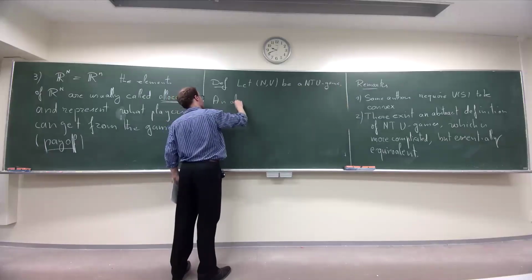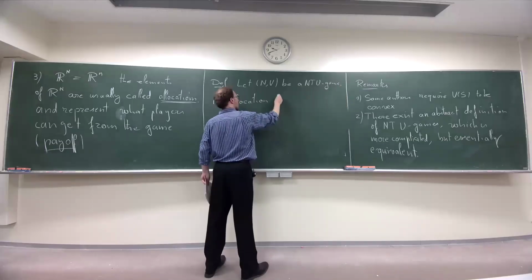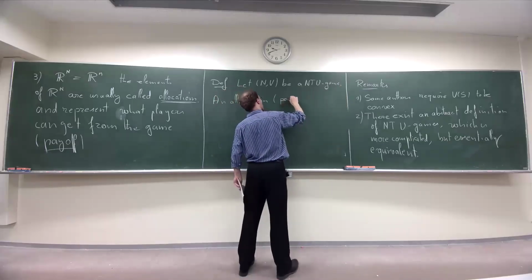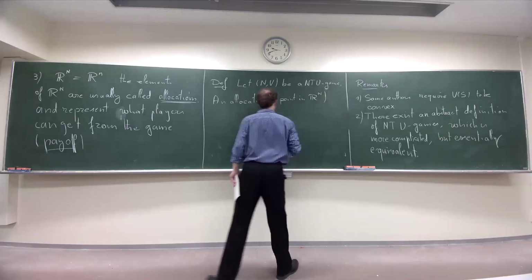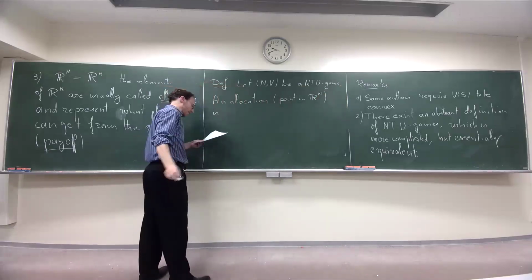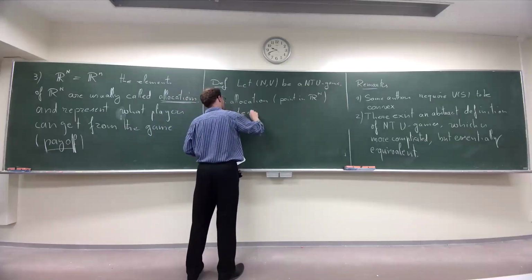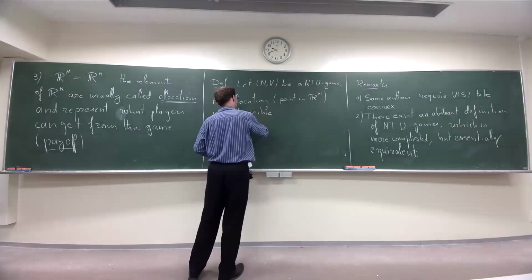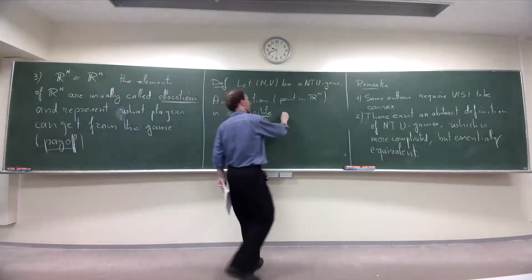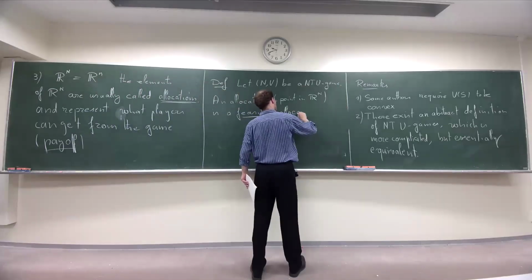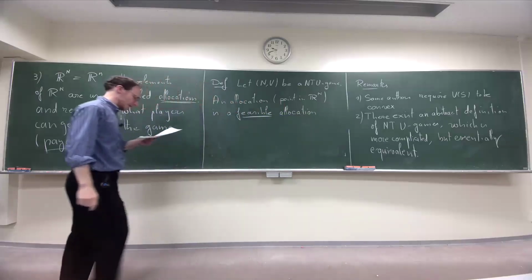An allocation, so a point, I remind you, it's a point in Rn, is a feasible allocation. This is the word, feasible allocation. I define what this is, if